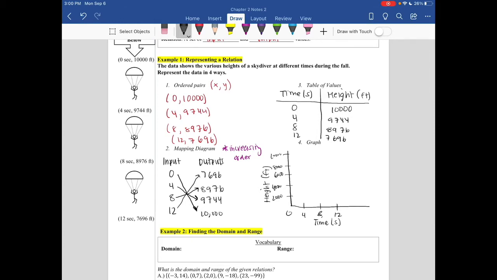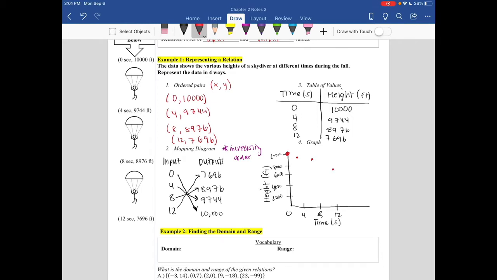Now we can plot each point. We'll have (0, 10,000), 4, then somewhere roughly about 9,700. 8 seconds, we're at basically 9,000. And then at 12 seconds, we're at about 7,500. So maybe right about there. With our graphs, we could change the scale to make this a little bit more accurate, but this is sufficient